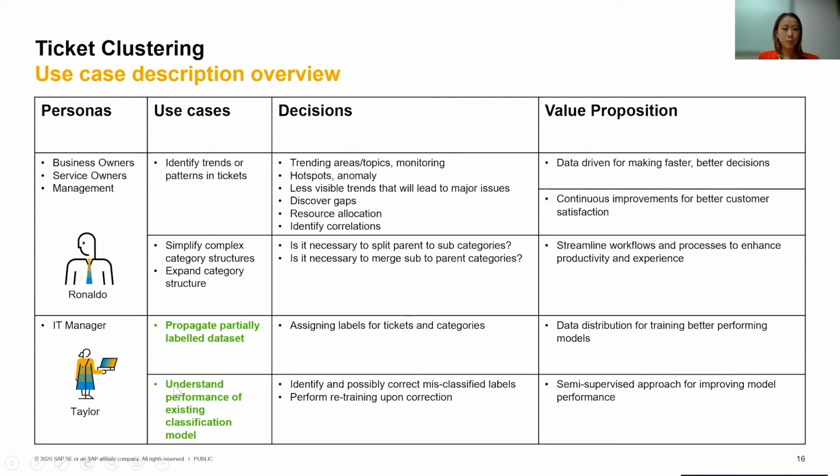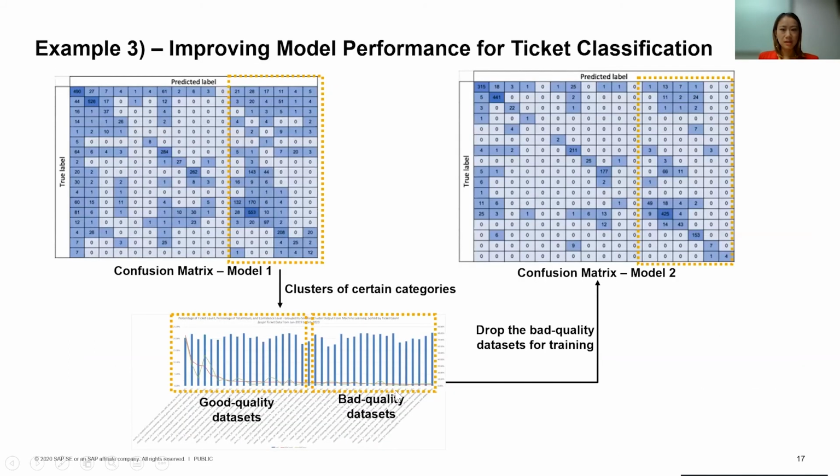So we feel that ticket clustering can really be used to help improve the quality of the training data set. So in the end, that will help to improve the model performance there. And how can it be achieved? So the first example here is that